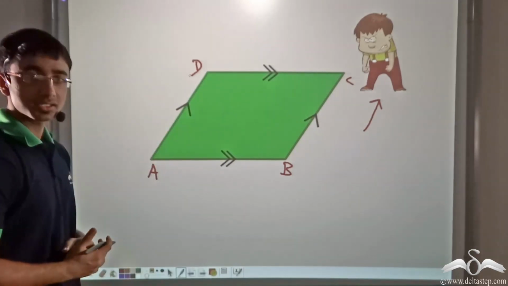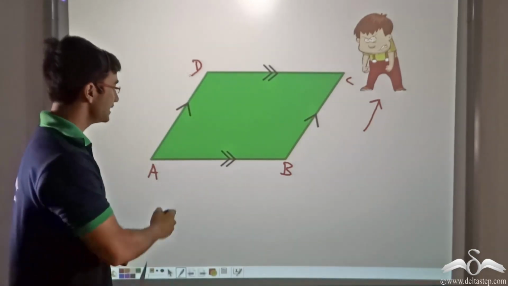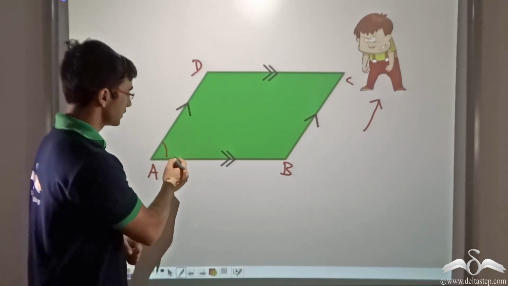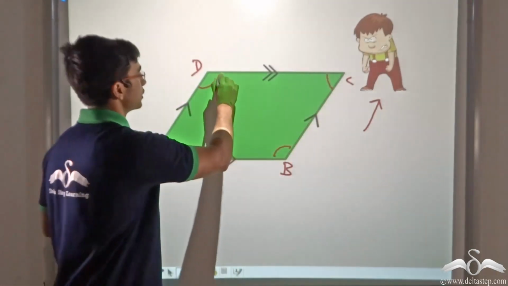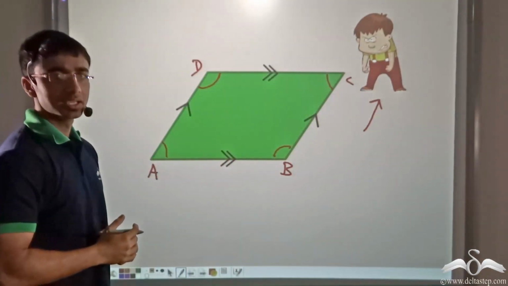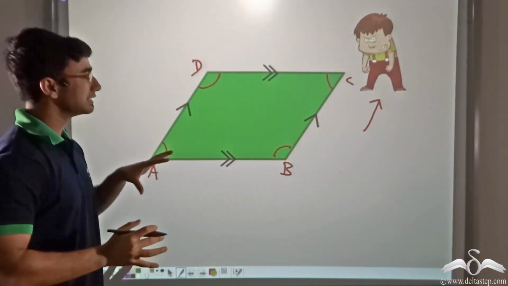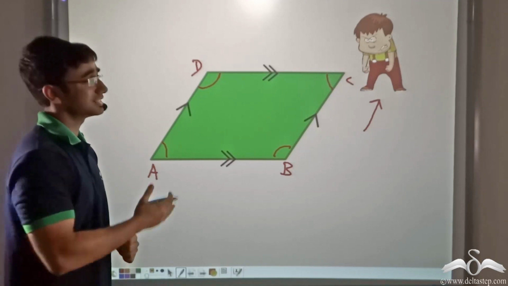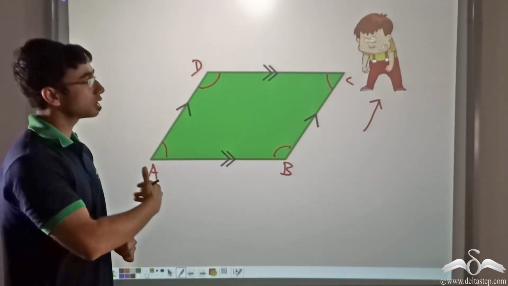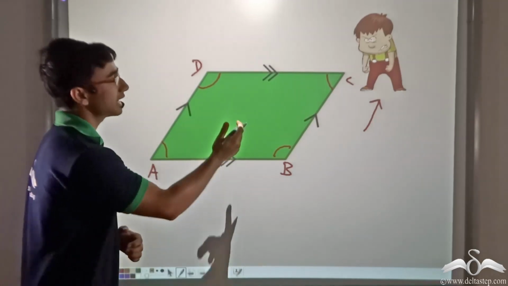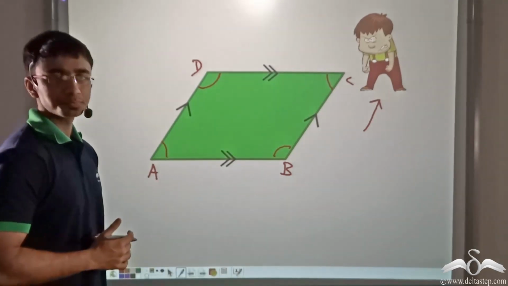Now Raghav had been asked to find out the angles, angle A, angle B, angle C and angle D of this particular field. But the problem was that this field was a huge one and Raghav was a lazy boy. So he did not want to go around the field measuring all the four angles. So what did he do?